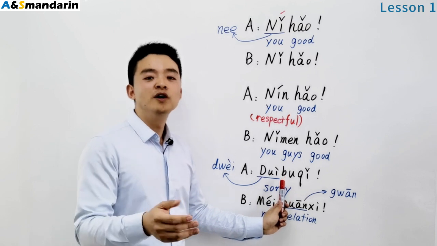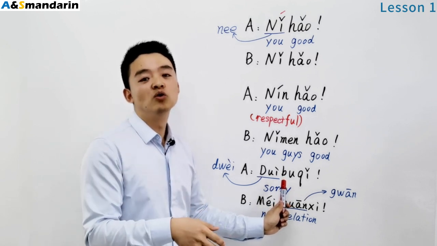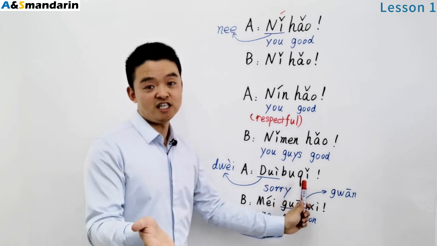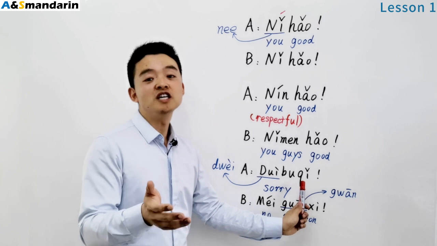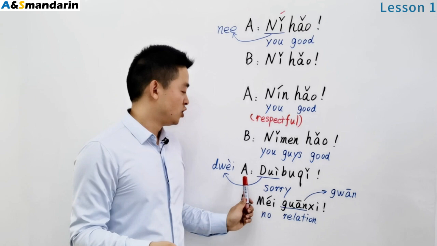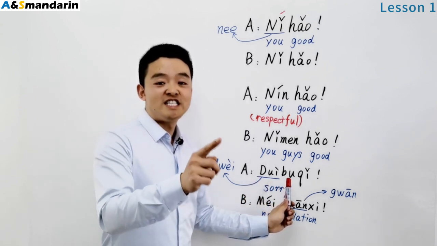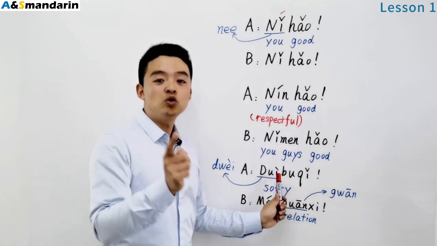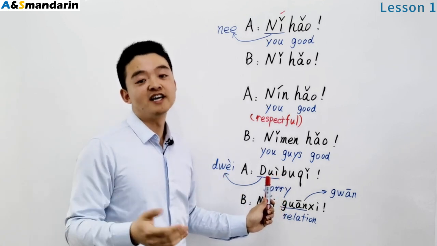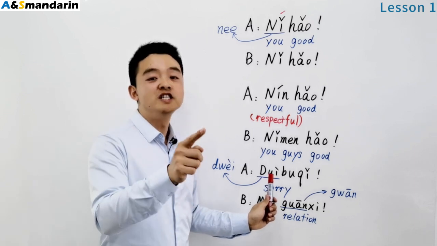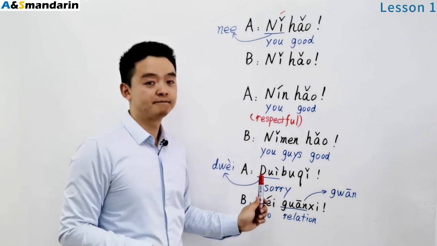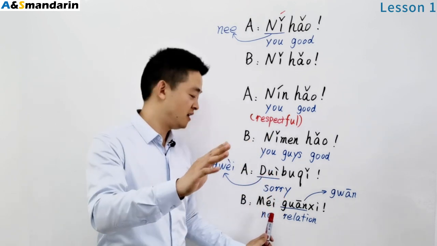不 You can make it into B-O-O. 不 Here is neutral. Just read it slightly. 起 You can make it C-H-E-E, like a chi in English. All together. 对不起 That is sorry in Chinese. 对不起 B says 没